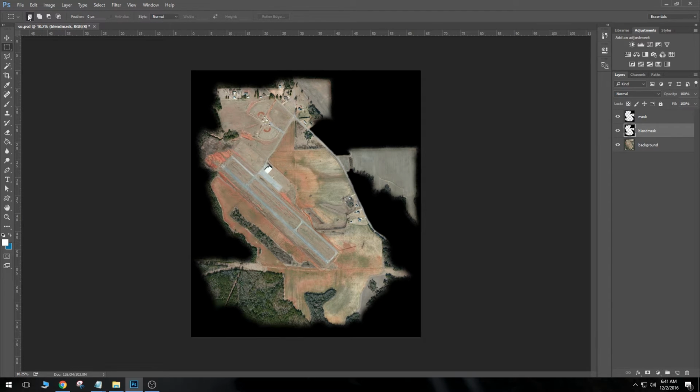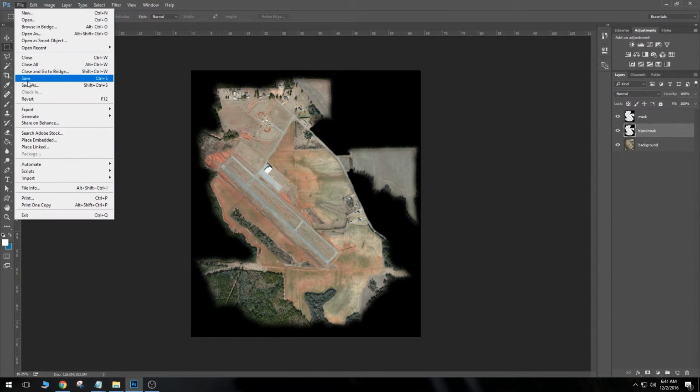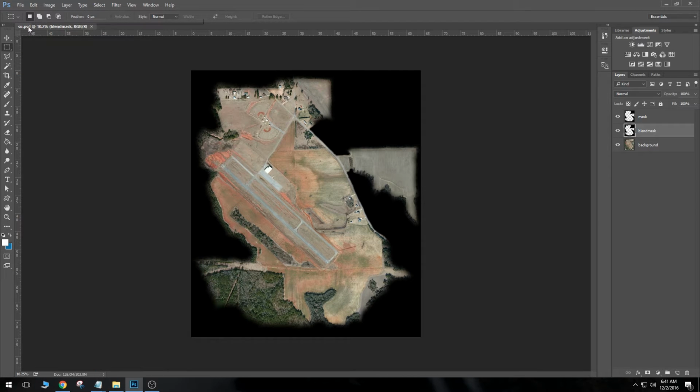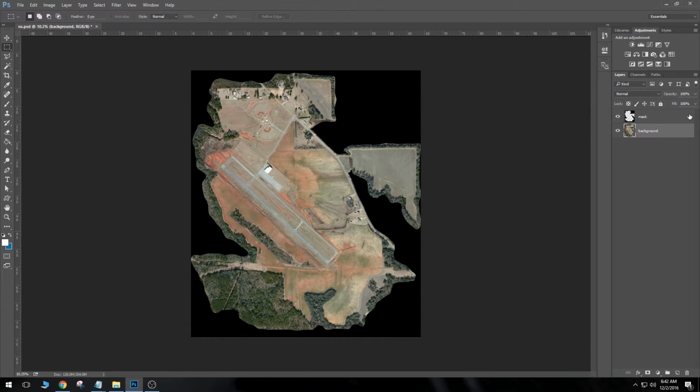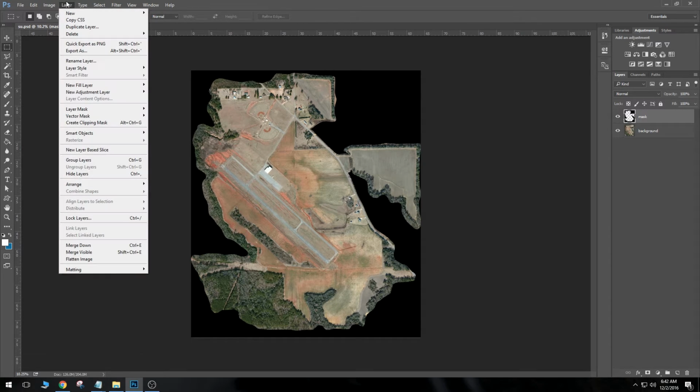Make sure you save your file. I'm saving mine as a PSD file, so all my changes are in here. Now, after we have saved, we'll go ahead and delete our blend mask out of there, leaving our mask with a transparent center and our background in place. Now we're going to go to our layer tab,